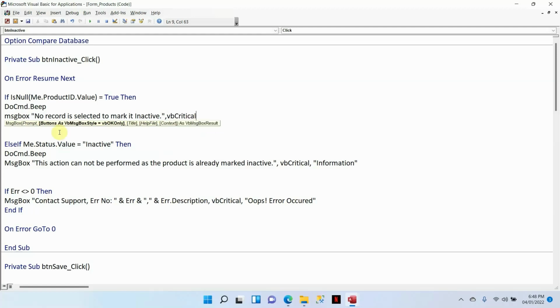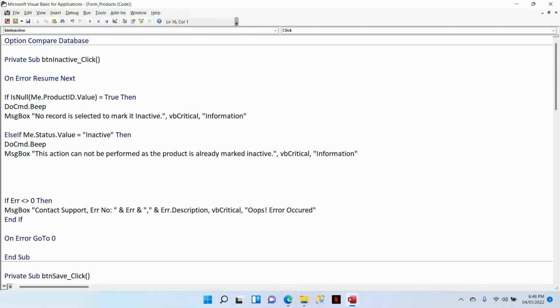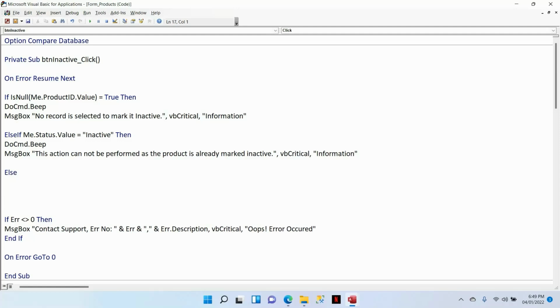vbCritical, and the heading is "Information". All right, if these two are false, then else do what? Well, then throw a message box, a confirmation message box, saying, "Hey, do you really want to mark this as inactive?" And to do that, we have to create a variable like we did a couple of minutes ago. So let's come here,